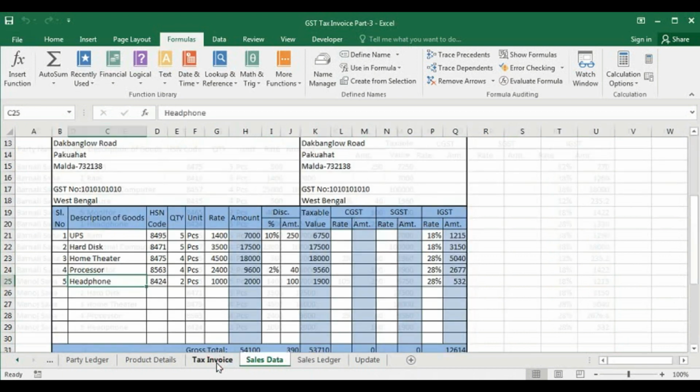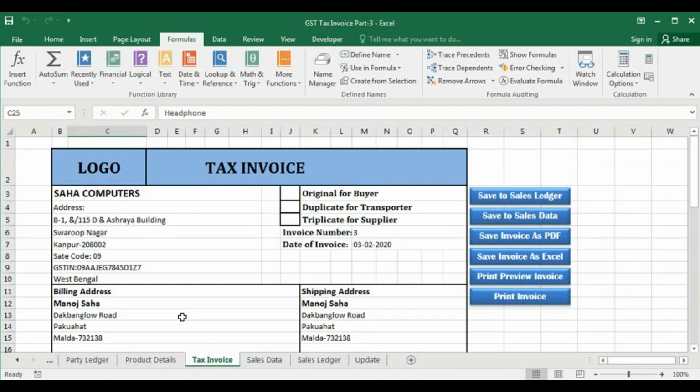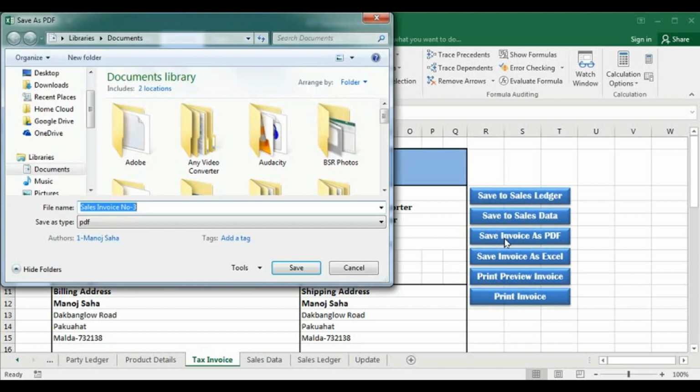So next we will see how to print this invoice as PDF, and to see the print preview mode. Suppose let's see how to create this PDF. As I click here, suppose I am copying this to sales invoice number 3 and it is copied in my document folder. Save.